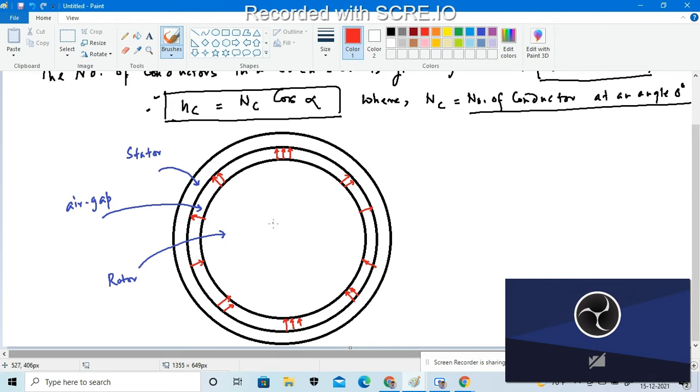Okay, so if it will be the center of the points, then for that case,